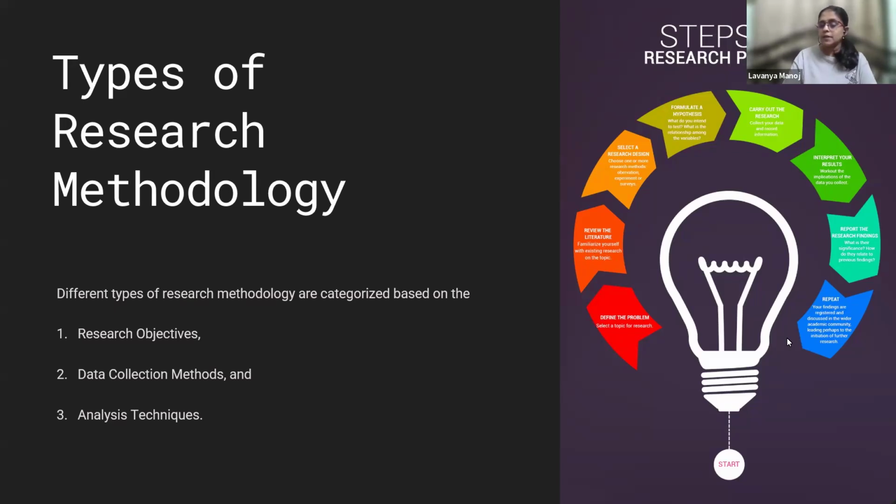And the third one is analysis techniques. Use the right kind of analysis techniques. There are various analysis techniques now available, like mathematical analysis, statistical, and a combination of both is also available. This mathematical and statistical analysis is ubiquitous. It is applicable to all types of research. You cannot confine these techniques, mathematical or statistical, only to management related research. It is applicable to scientific research. It is applicable to historical research.